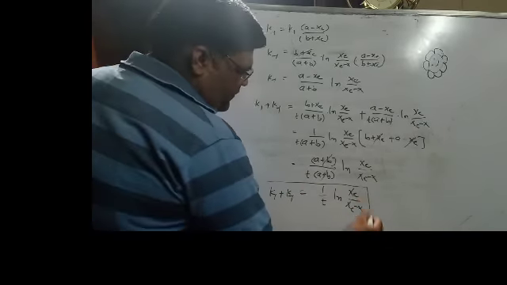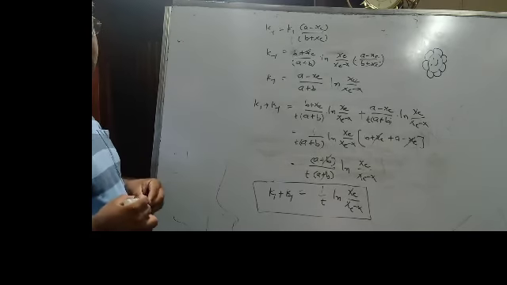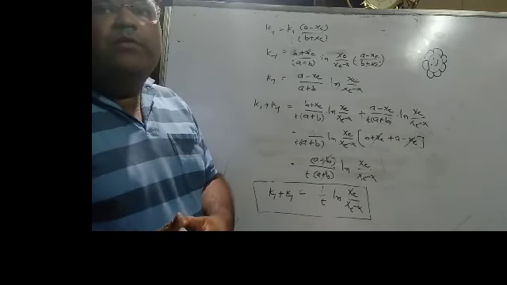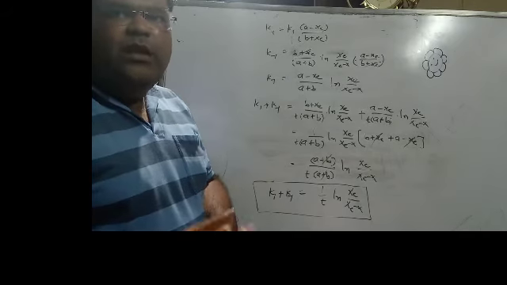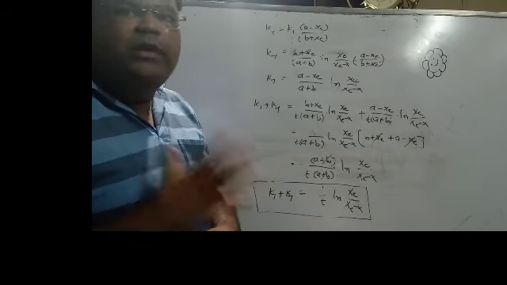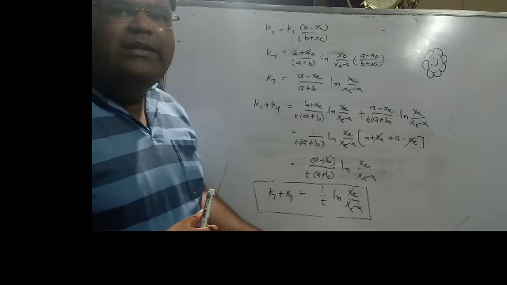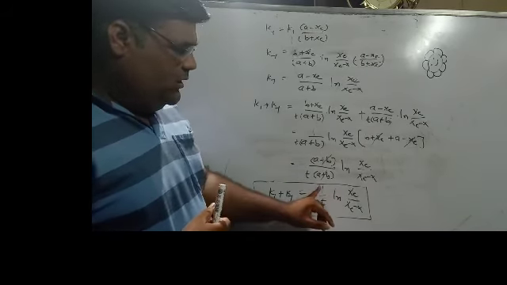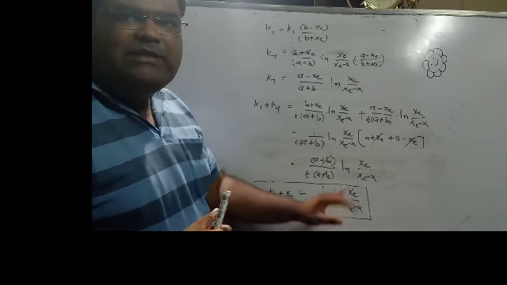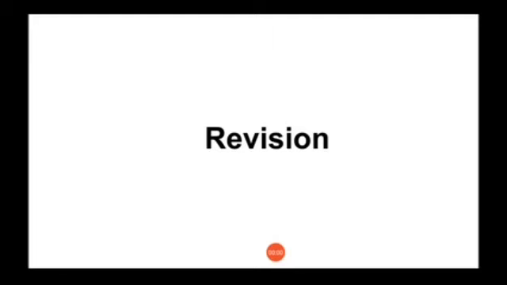So that is our equation for the kinetics of opposing reaction, where we have taken an example in which the initial concentration of product is small b. By this way you can do some derivations and find the equation, that is k1 plus k minus 1 is equal to 1/t ln xe/(xe − x). So students, we have seen how to find out the rate constant for kinetics of opposing reaction, in which we have seen two different ways.